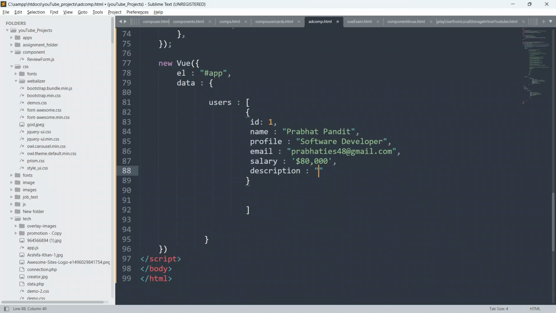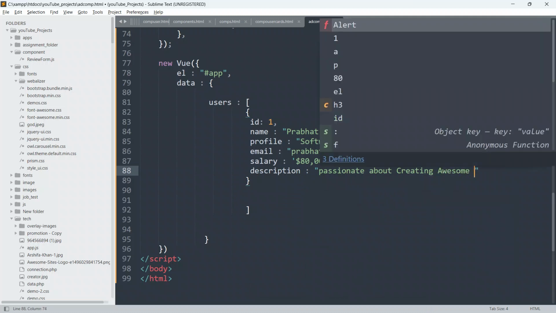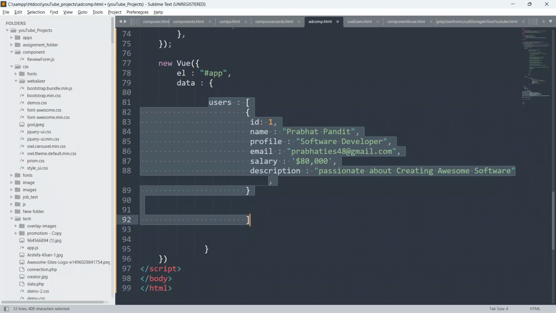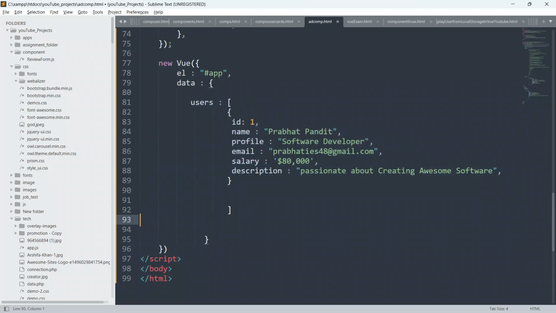Put colon, put double inverted commas, and I will say passionate about creating awesome software. Give comma, and let me just do one thing. Now each and everything is on the same line.